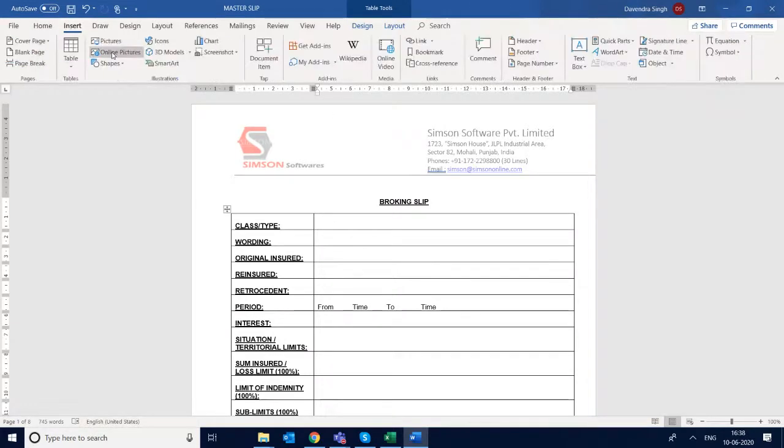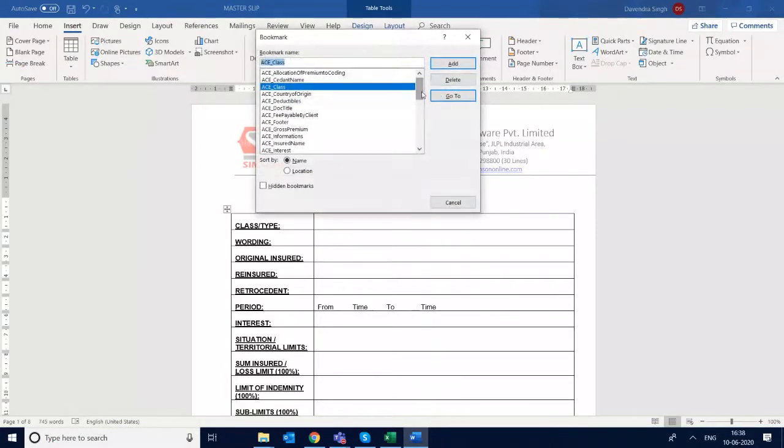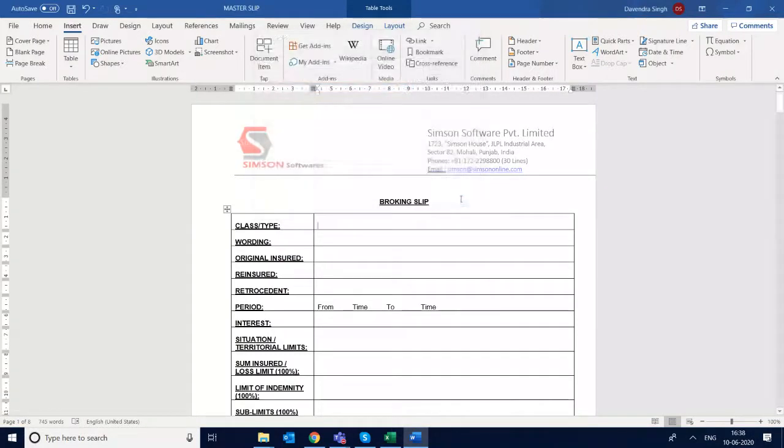If you see the bookmarks, there are several bookmarks predefined. In this document, I have assigned it. Say suppose class, and I click on go to. You see a class bookmark is there already on the first.